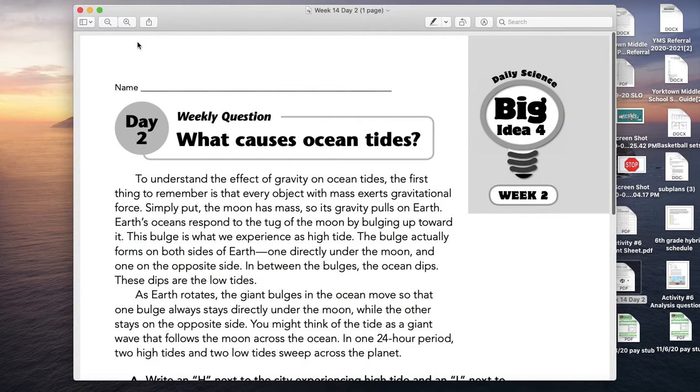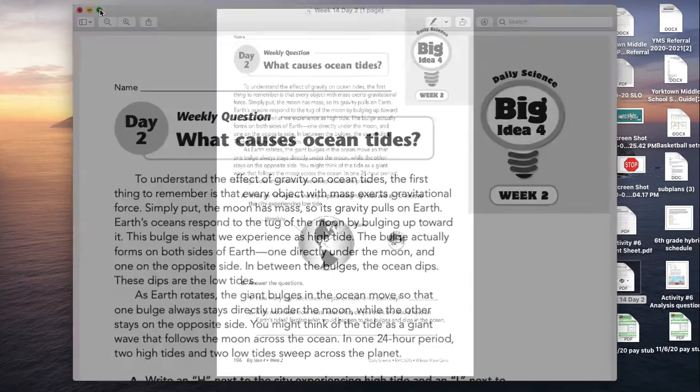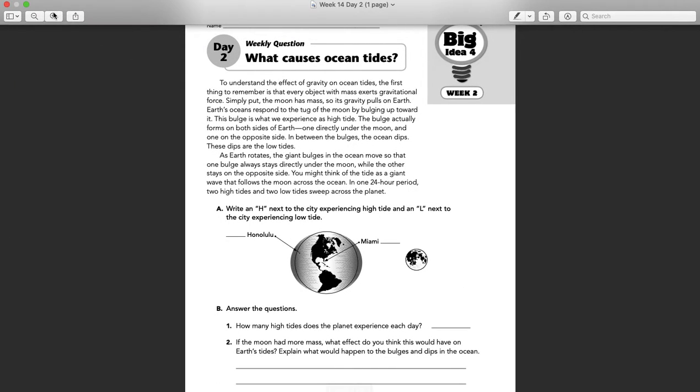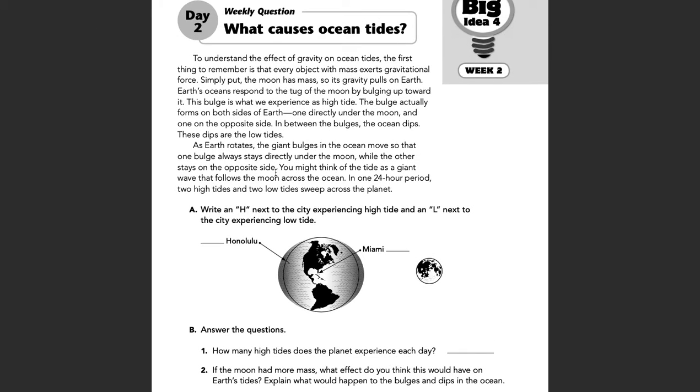Go over Bellwork week 14, day 2 here. What causes ocean tides? So continuing to explore that. I'm going to go ahead and read through the first paragraph and then move on to the second paragraph for you guys. So first paragraph: to understand the effect of gravity on ocean tides, the first thing to remember